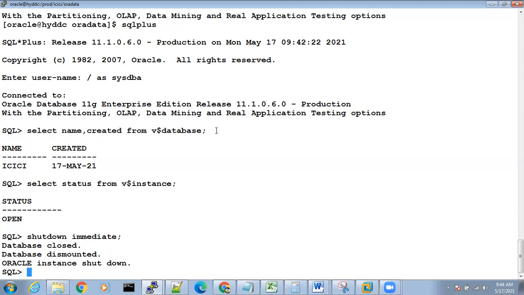I can explain now, but as I said, we are in the very beginning stage. There is a separate session that we take for dynamic views and static views. In that session, we will discuss.